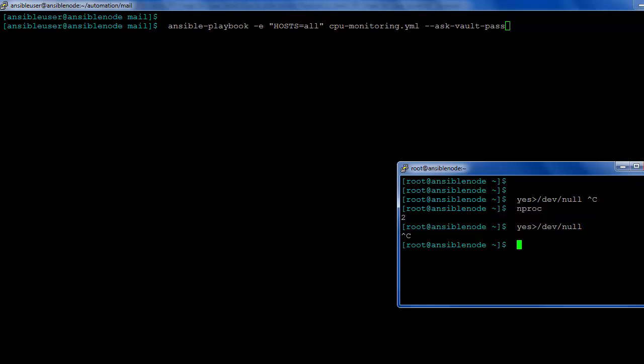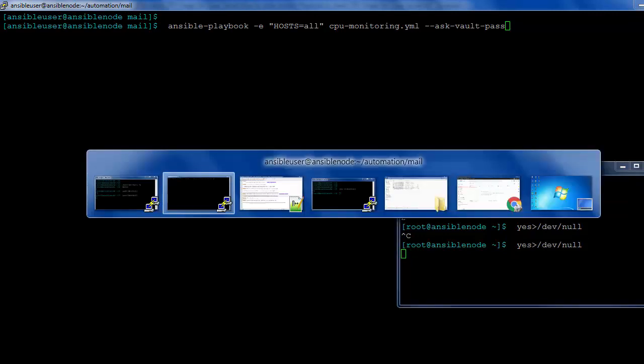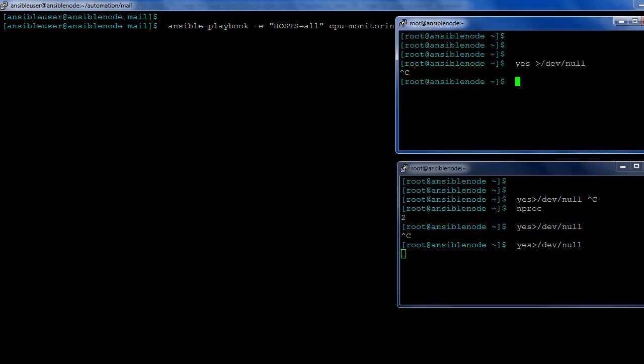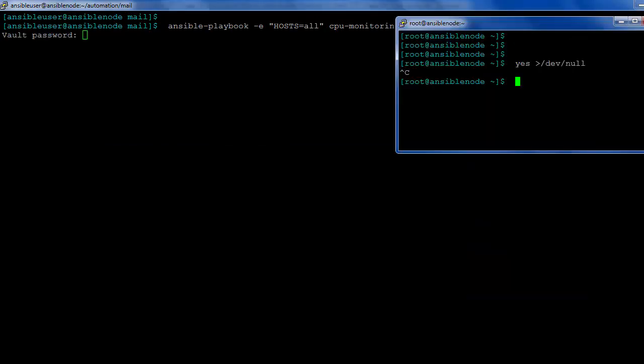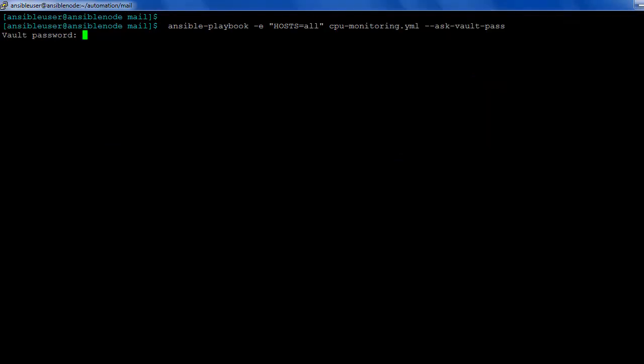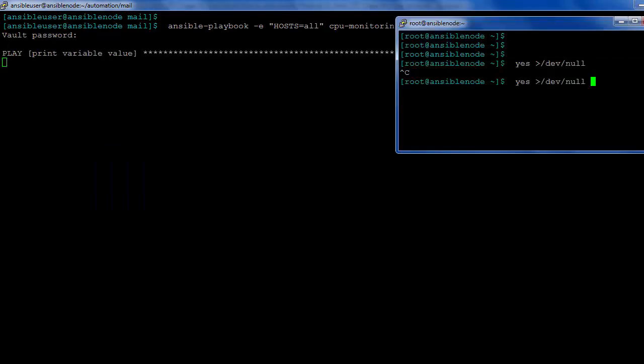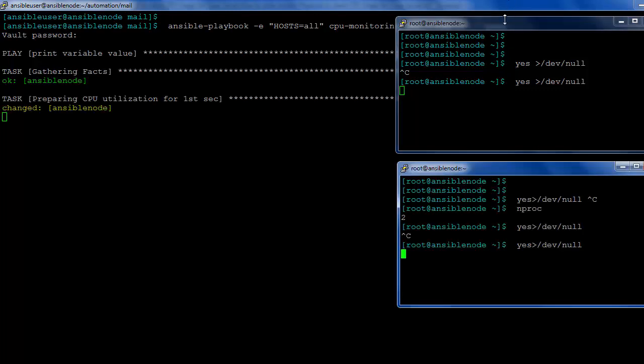For the other session also, I press enter, then I execute the same here. I have the vault password, which I entered to decrypt the Gmail application password. Now you see how the playbook will work.